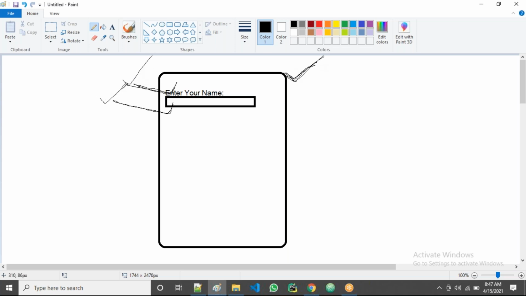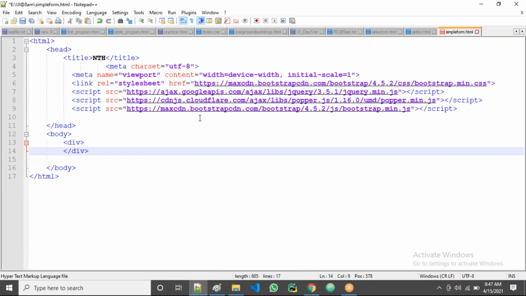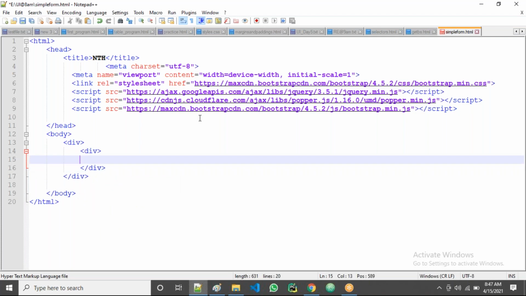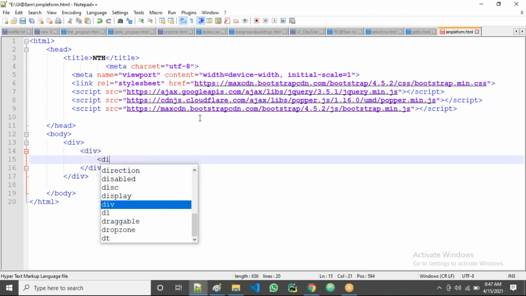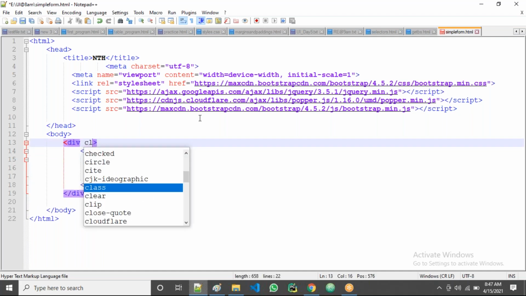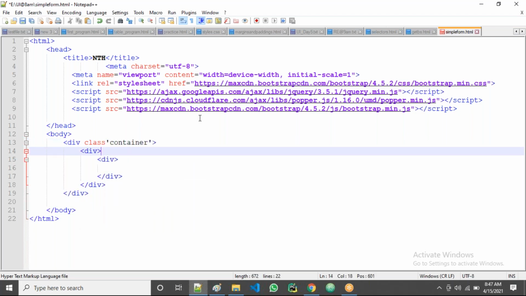Here also I'll take the same combination: a div first for container, then a div for row, then I'm going to take middle six columns for the form. First I'll take the container class. That's all.